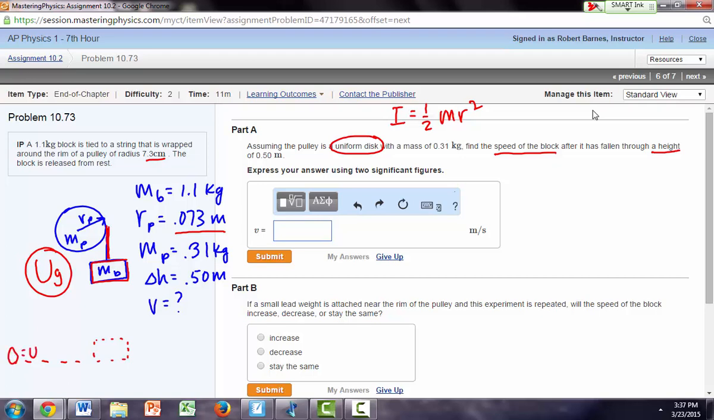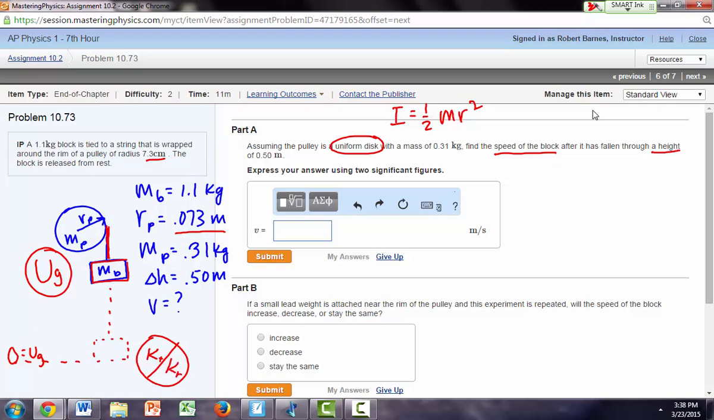So that'll be my reference point for UG. The block will now have some kinetic translational energy. And since the pulley has inertia, my system consists of not just my block, but also the pulley. So I have to take into account that the whole system had just gravitational energy at the beginning, but at the end, not only do I have translational kinetic energy of the block, I also have rotational kinetic energy of